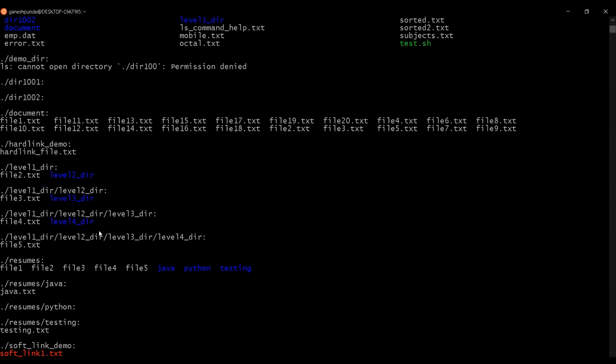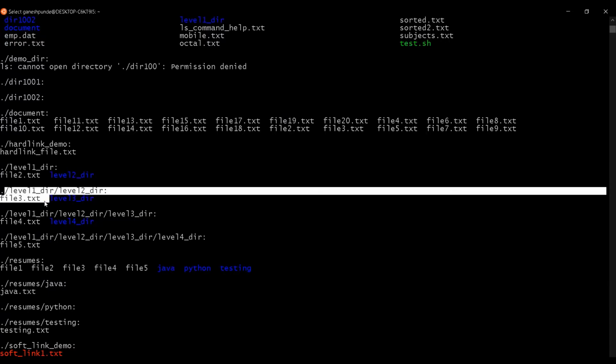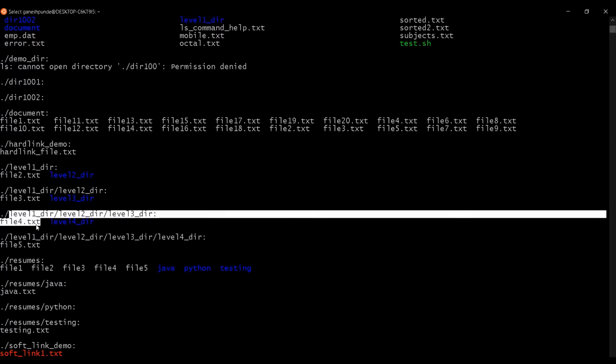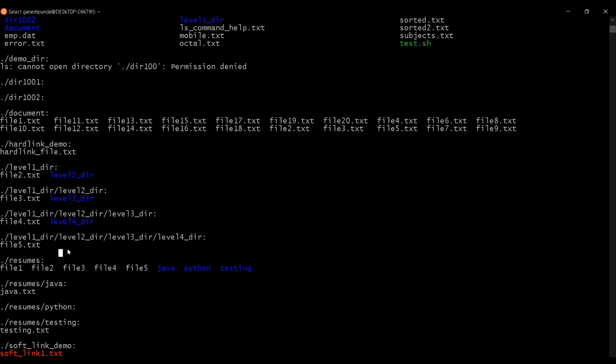Now if I use this, you can see in level 1 we have file 2.txt, in level 2 we have file 3.txt, level 3 file 4, and level 4 file 5. So basically we created all the levels of directories, level 1, level 2, level 3, level 4, and in each level we added the files.